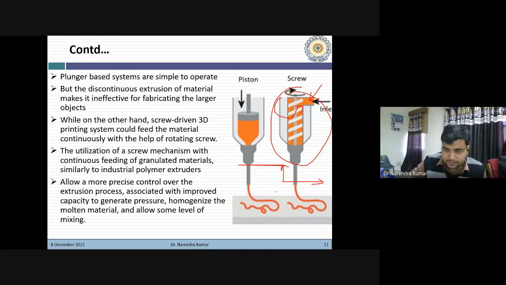So this particular facility is not available with the triple F, because to use the triple F process, we need to develop the material in the filament form. So that filament we need to prepare first. But here in situ composite preparation can be done, and also 3D printing, or additive manufacturing, can be done.